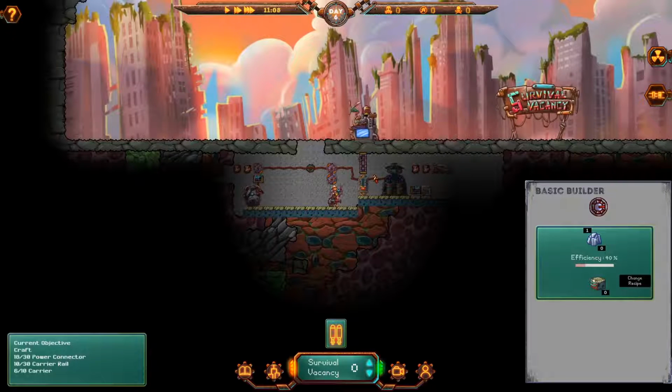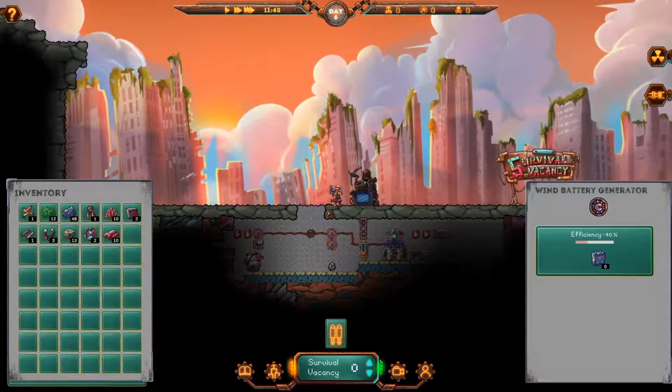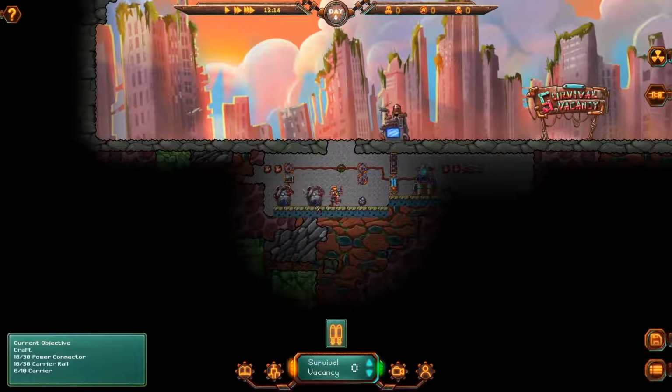So we're starting to get to the stage where we don't really have much power, unfortunately. We're not really making it fast enough. So I could do with making another one of those, but for now let's quickly burn up a few other things. Let's put in a smelter there. We'll also need to put in...